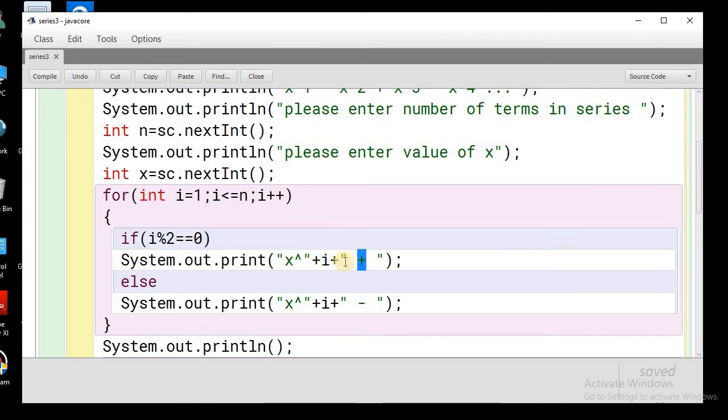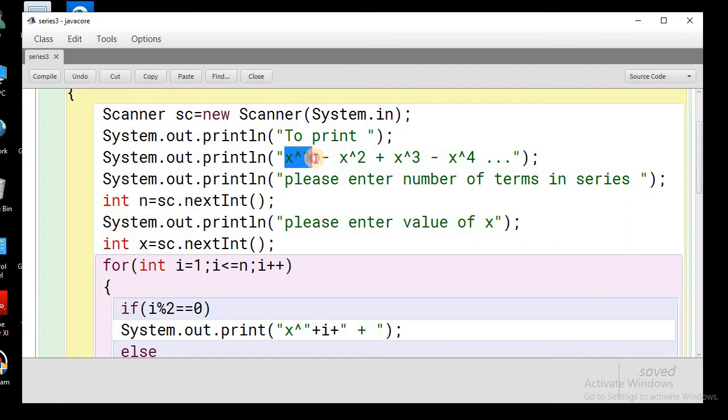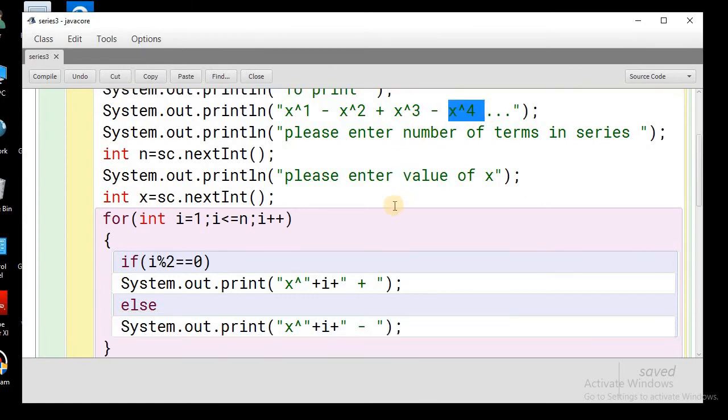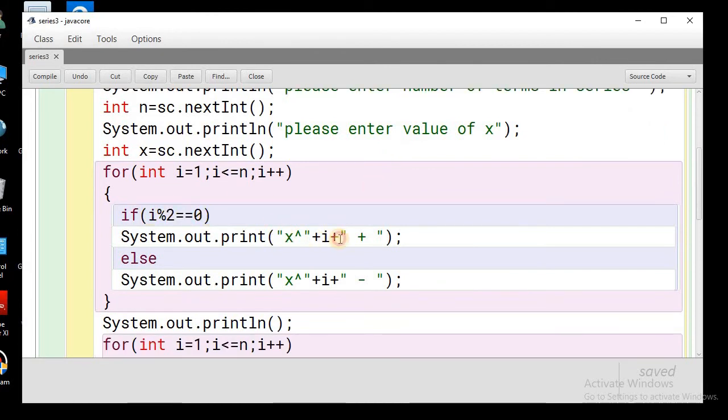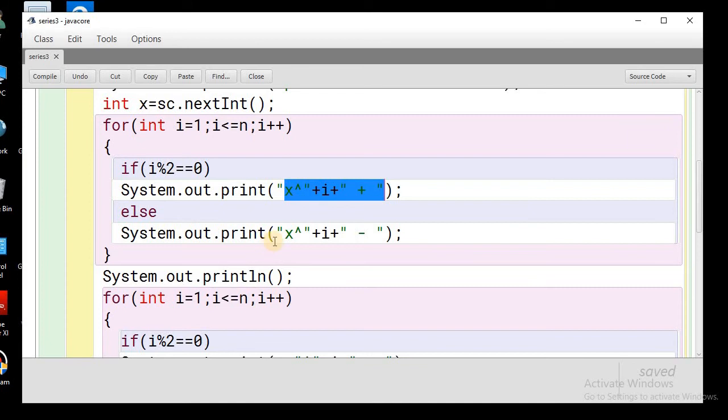Why are we using plus here? Because this is just printing. Remember, in printing we'll do the opposite case. For even we'll use plus, because just see here with the odd terms this is minus. With the odd term we'll take minus, and for even term we'll take plus. So this is just printing. Remember, this is just for printing. While we sum up the series, the concept will be reversed.